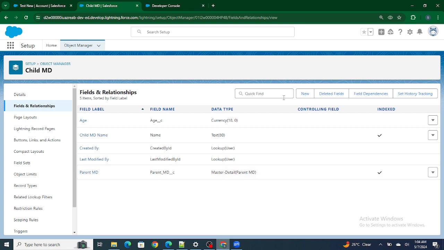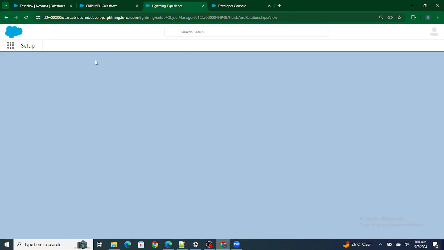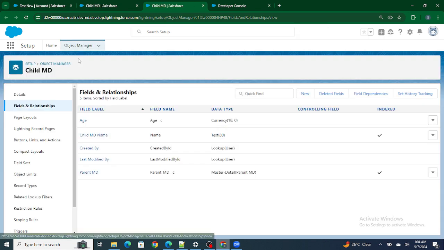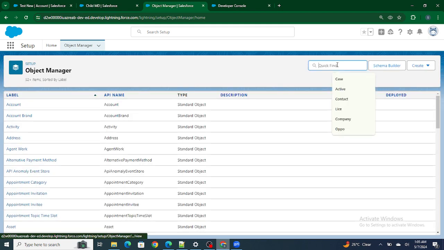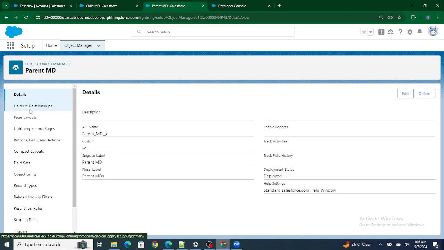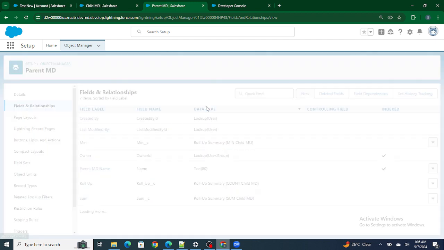So first of all I'm going to create a roll-up summary field on the parent MD. Let's create. I already have a roll-up summary field. Okay, that is this roll-up summary field. Now let's see whether I can use this roll-up summary field inside the formula field as well or not.